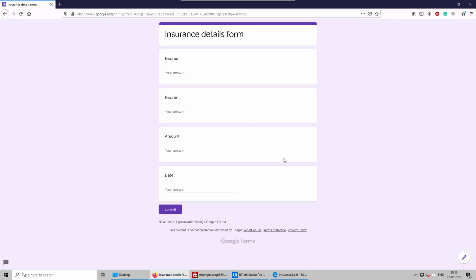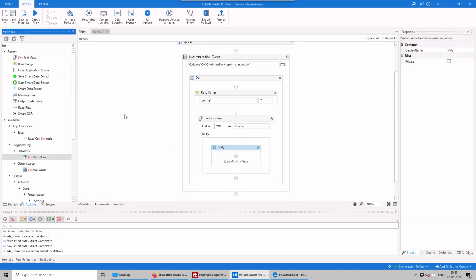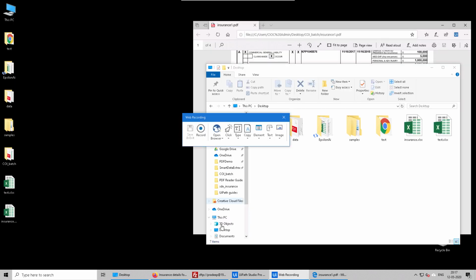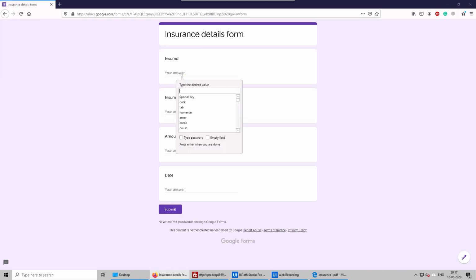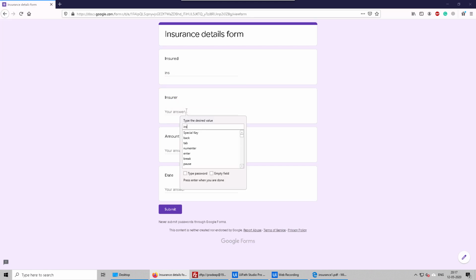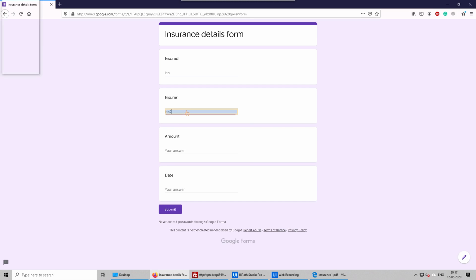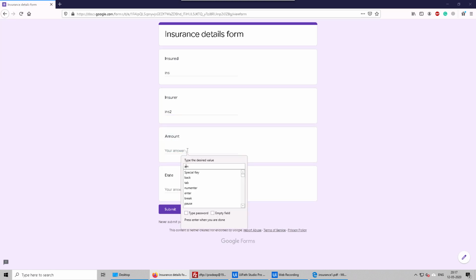So I have just created a Google Sheet form. So let me just do a recording for this. So let's record. So I'll just fill something for now, which we will replace with dynamic value.